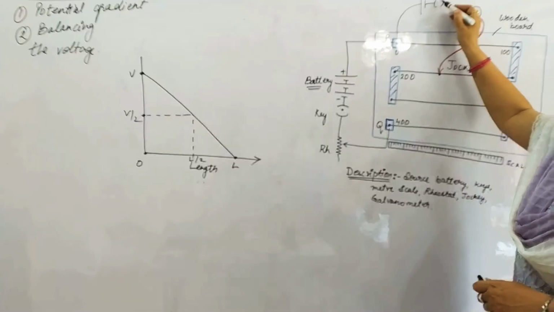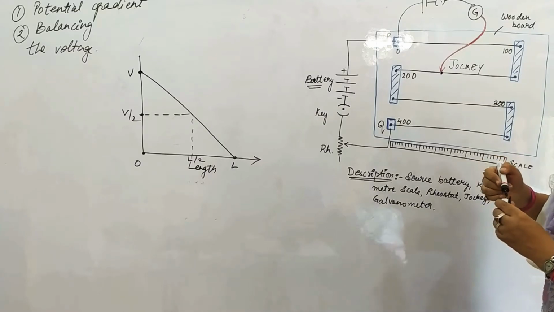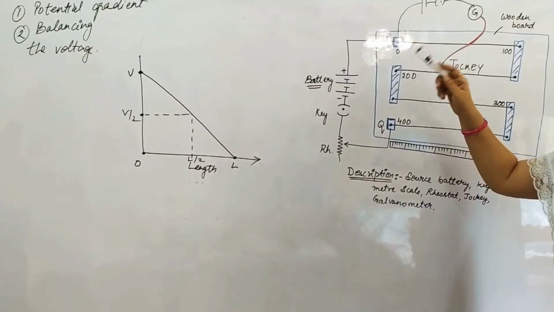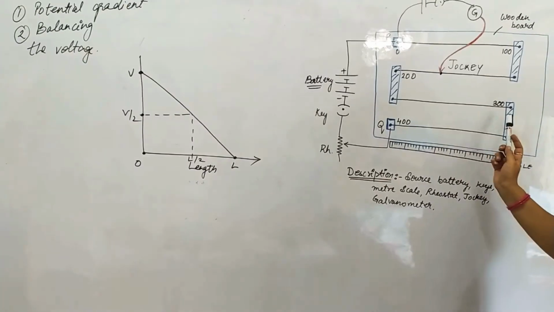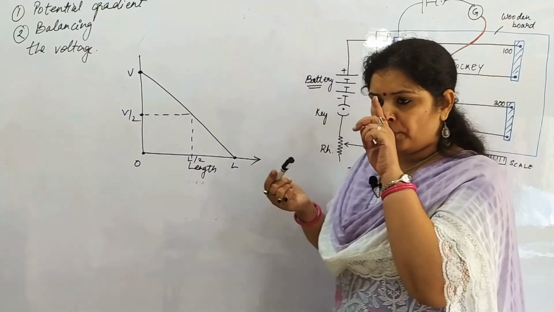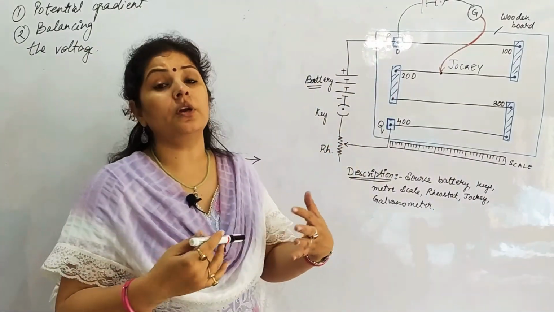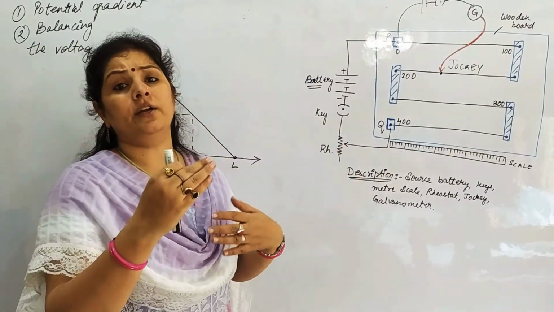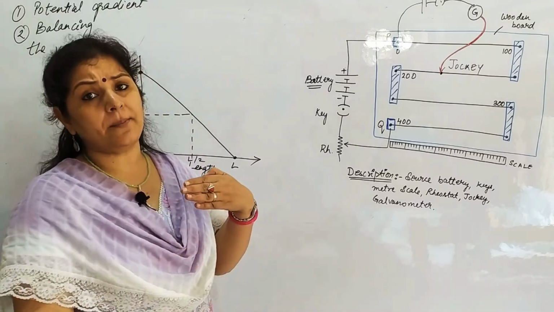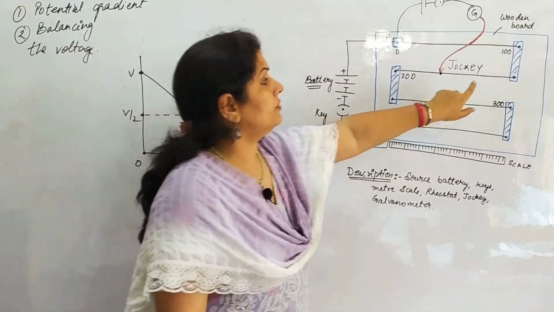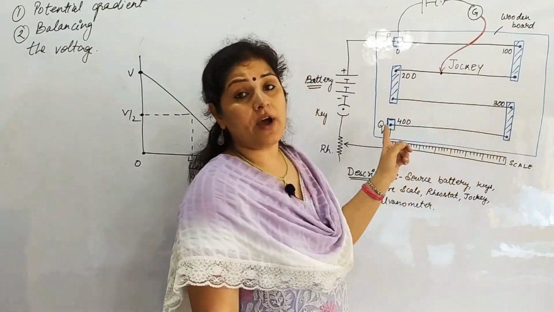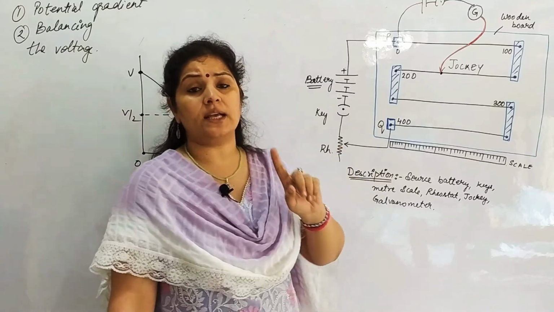So the basic part of a potentiometer consists of a wooden board. You can see here the wooden board has thick copper strips, the same way we had in the meter bridge, thick copper strips, because if their area is more, they will allow the current to pass. Area more means resistance less, so current passes easily ahead, right? So thick copper strips, and there are 4 wires.